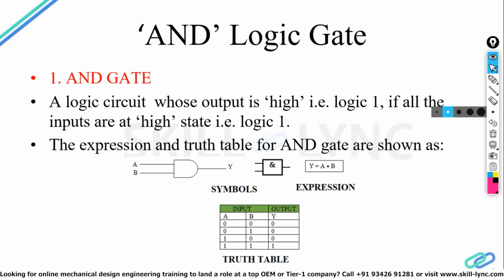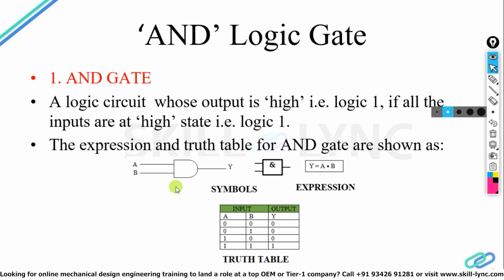If I say a 6 input AND gate, we will take 3 sets of A1, B1, A2, B2, A3, B3. 3 AND gates will be there, and the output will be A1B1 into A2B2 into A3B3. Similarly, for 8 inputs, there will be 4 sets of 2 input AND gates. The IC number for the AND gate is 7408, which is quad 2 input. The triple 3 input is 7411, and the dual 4 input is 7421.